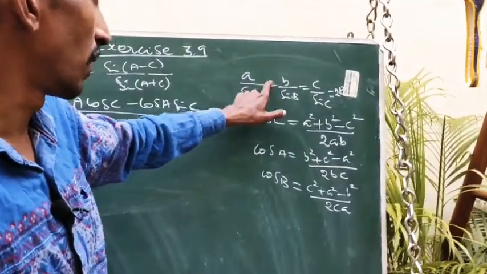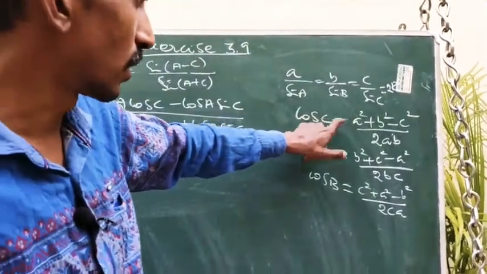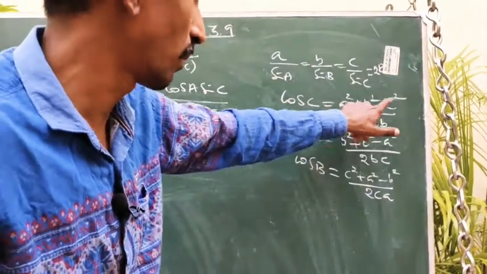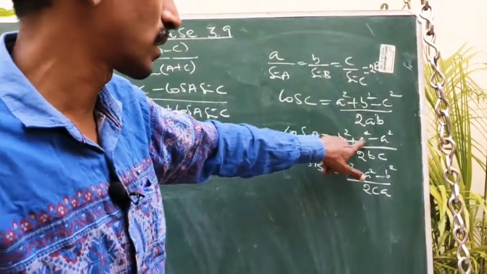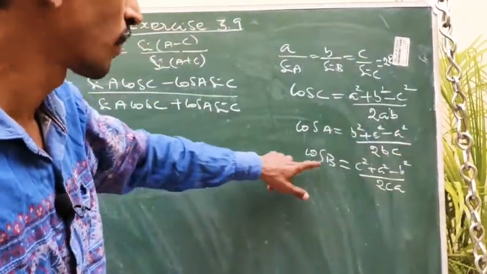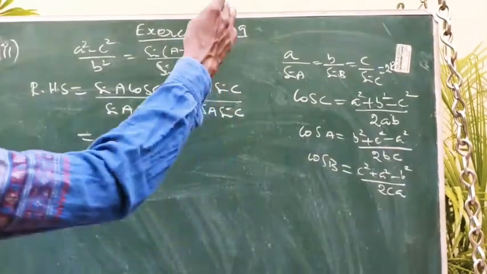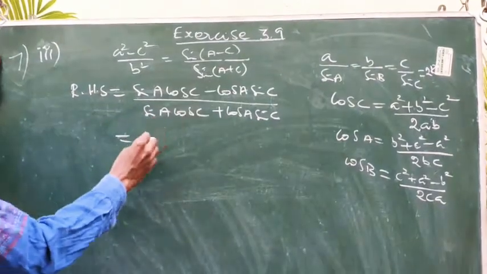So a by sin a, b by sin b, c by sin c, all equal to 2r, and cos c, in cyclic order. C means next, (a square plus b square minus c square) by 2ab. A means next, (b square plus c square minus a square) by 2bc. B means (c square plus a square minus b square) by 2ca. We are going to apply these things. So sin a means a by 2r